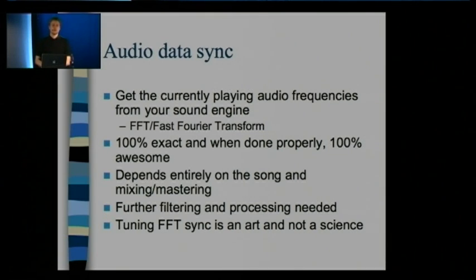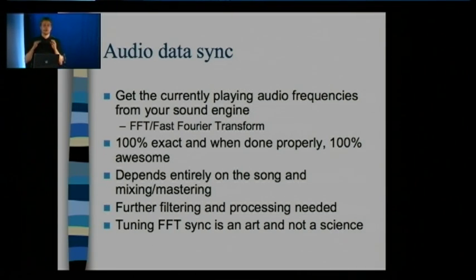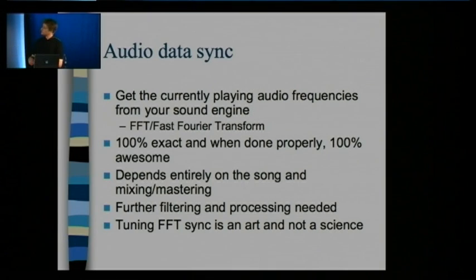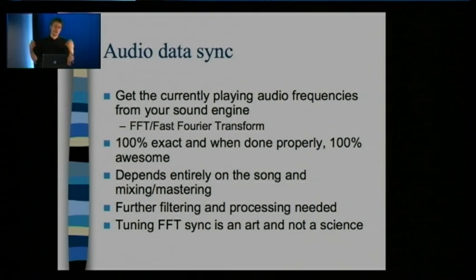For example, if your music system returns an array of, I don't know, 512 floating point values, which would be the spectrum, and you decided that something will flash to the sample number 29, which is really low in the bass end, it will flash unpredictably because the frequencies change in the music. So you'll probably need to smooth them out somehow, or calculate some kind of rolling averages or whatever. But